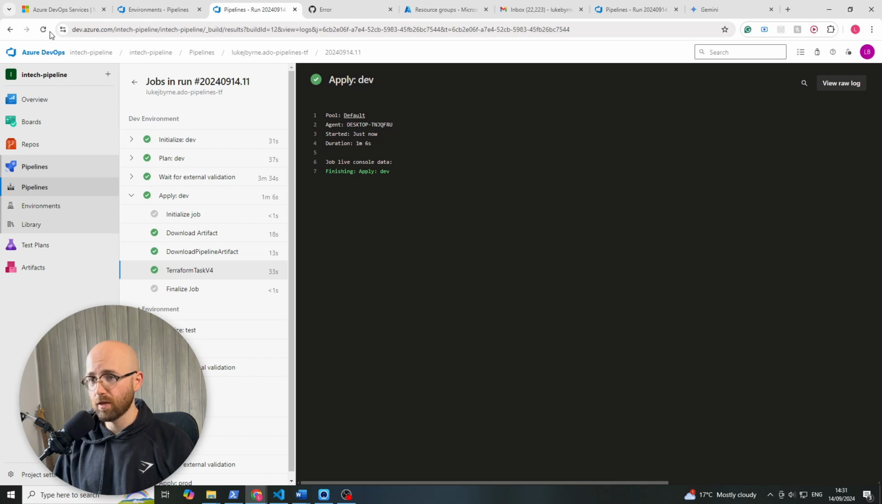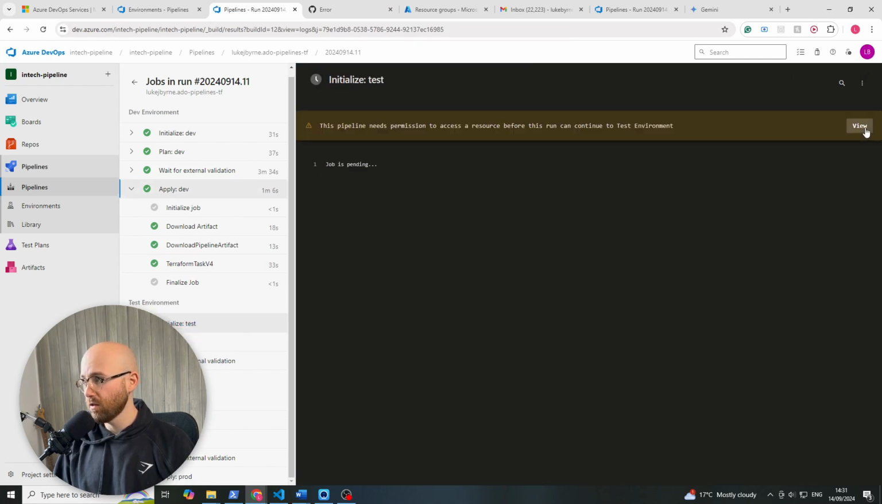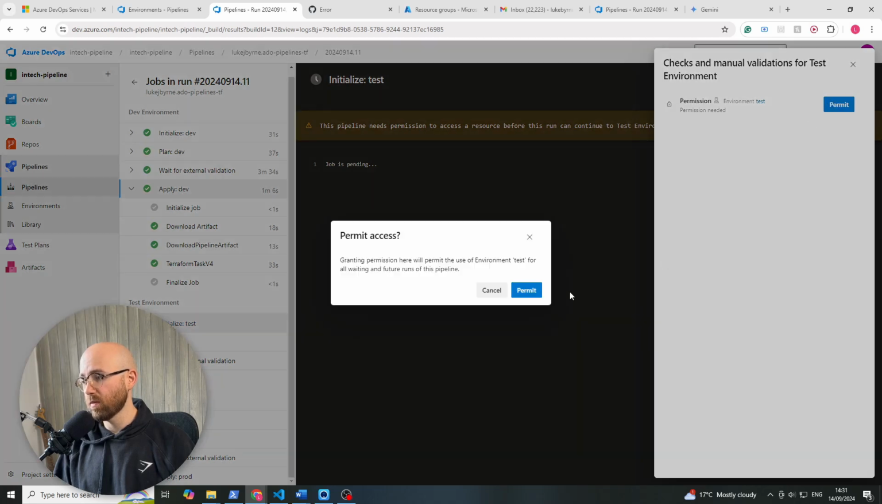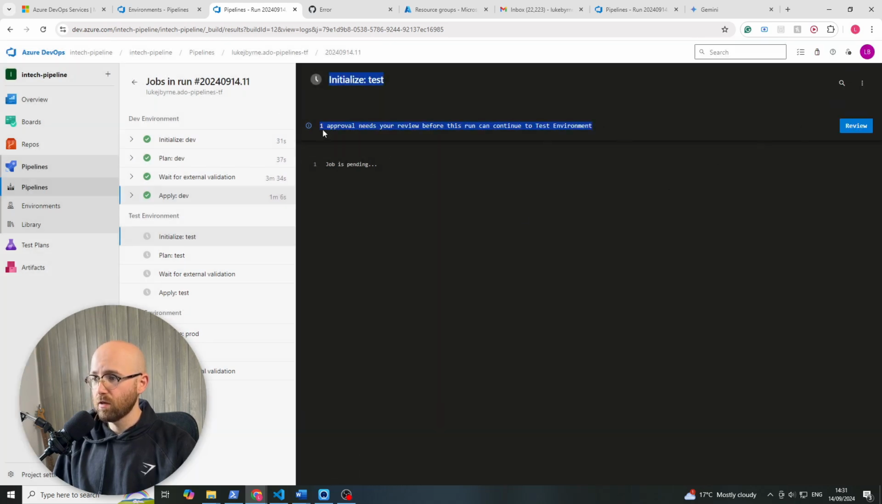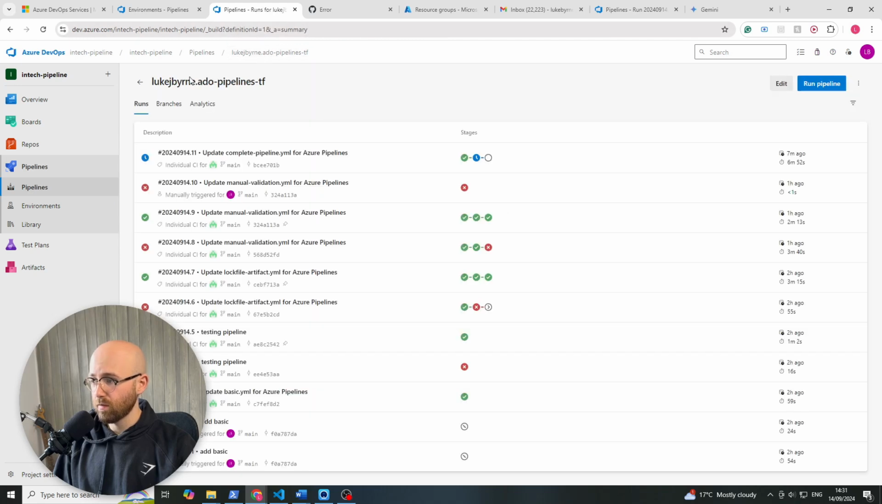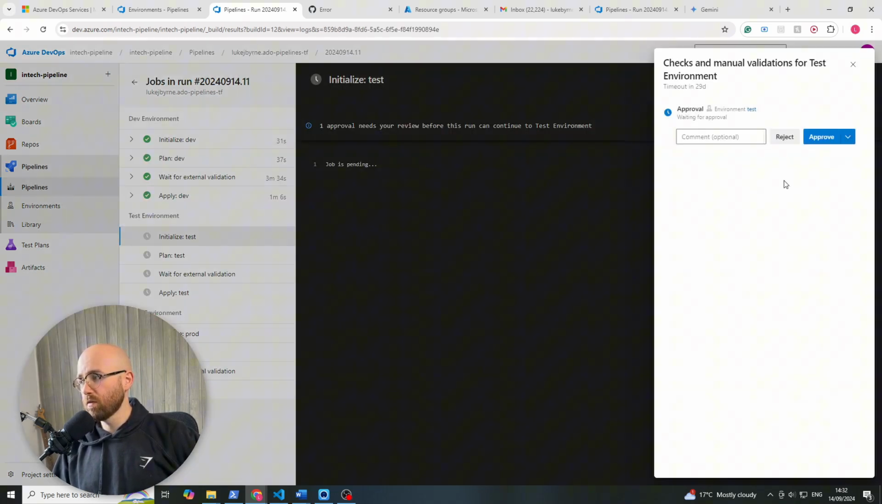So if we open this back up and refresh, let's see, I might have just missed it. No, it needs permission first, so let's permit it since it's our first run. And there we go. So now this is dependent on approval before it can even start this environment part of the pipeline, which is good because now you can see from here dev is done, all good, but now we're here, we could just go and reject it, or we could approve, but in this case we'll just approve it and